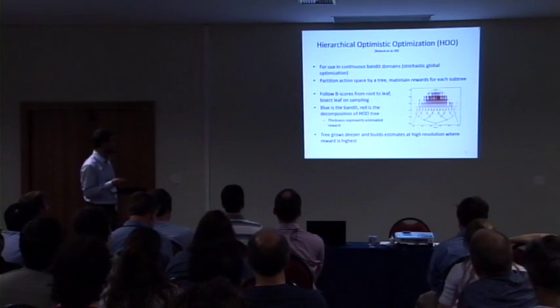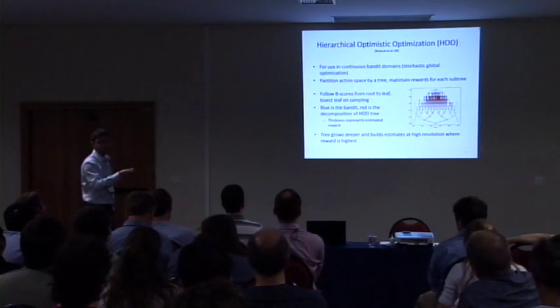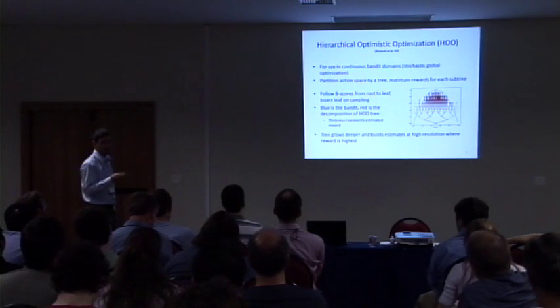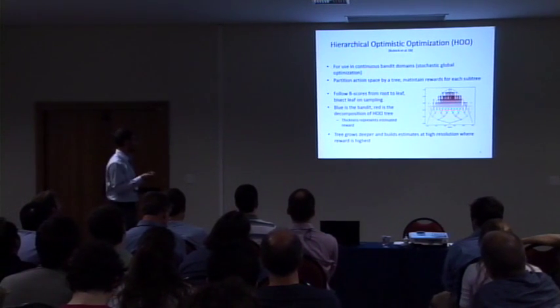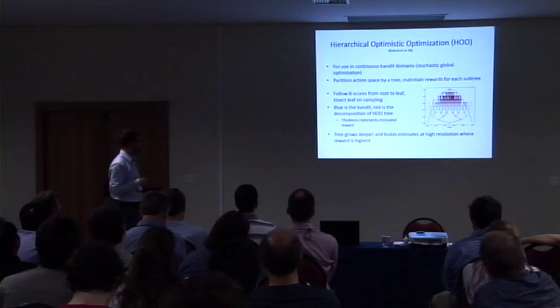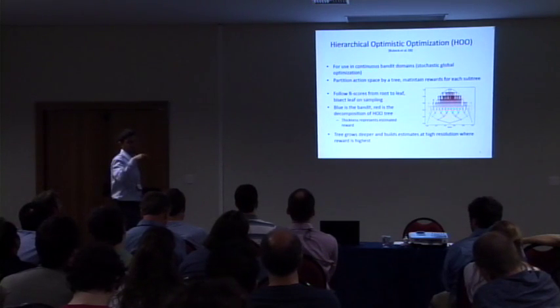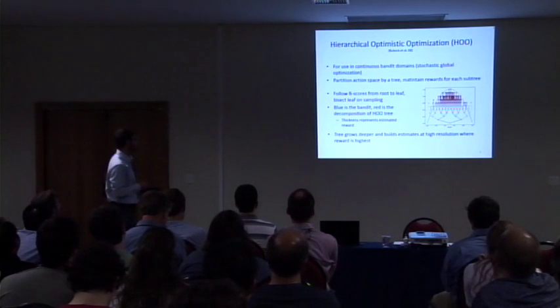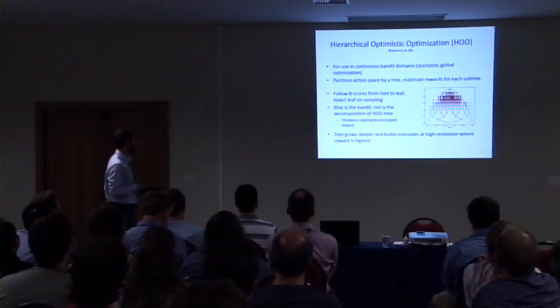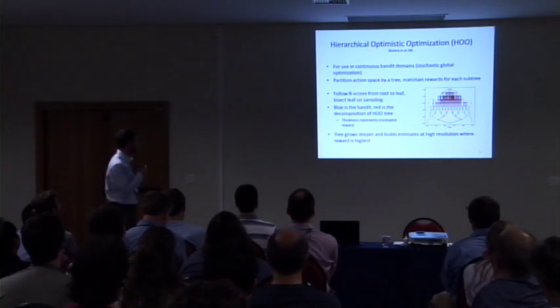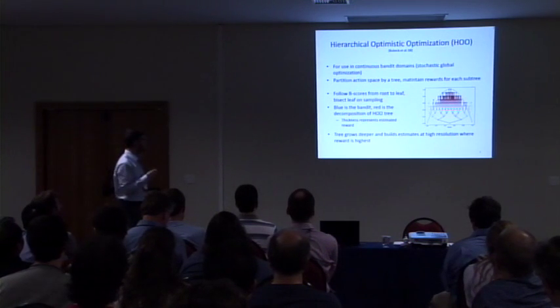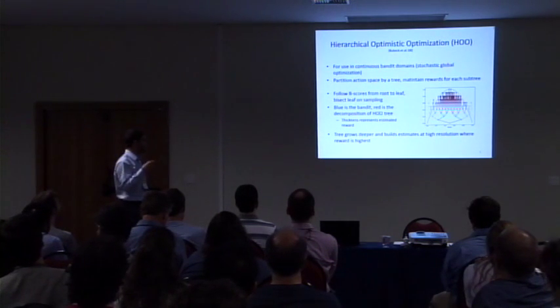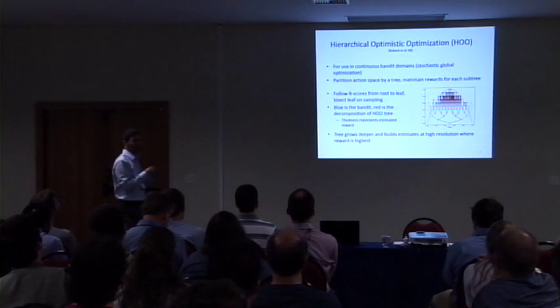From that point on, every time the algorithm is given the opportunity to take an action in the domain, it computes what's called a b-value, which I'll discuss in the next slide. Then it just follows b-values from the root to some leaf. So on the last iteration of the algorithm, it could have started here and then taken the trajectory down to one of those leaves. At every point that it takes a sample from the space, it bisects the leaf.